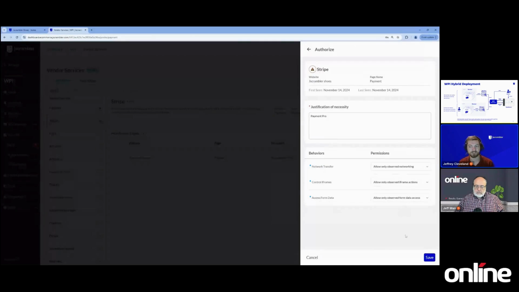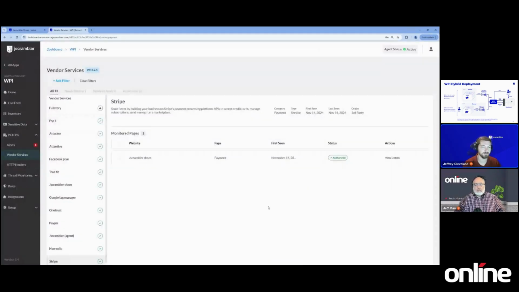Now, what this is going to do when I hit save is it's going to create on the back end what we call a behavior contract. And what this says is, okay, I understand that Stripe, this vendor service, and by extension, the collection of scripts, are going to exhibit certain behaviors in a page in a normal circumstance. As long as those scripts stick to those normal behaviors, we'll still examine the scripts, make sure that they're safe, check and make sure they don't contain any known bad script or otherwise, but we won't ask you to reauthorize